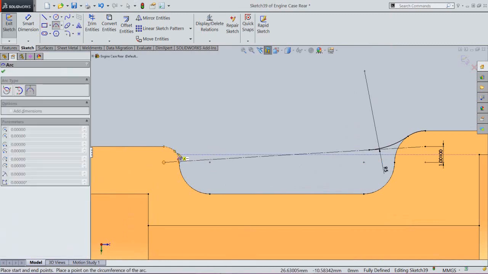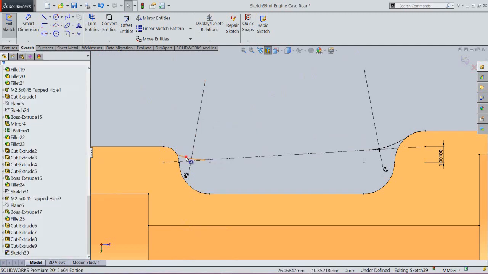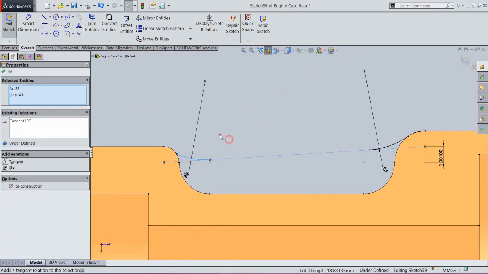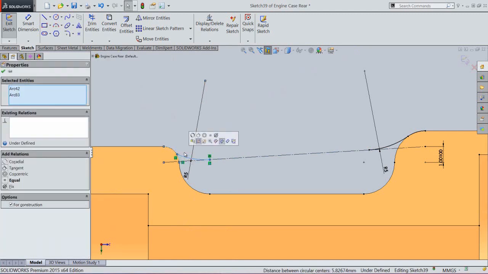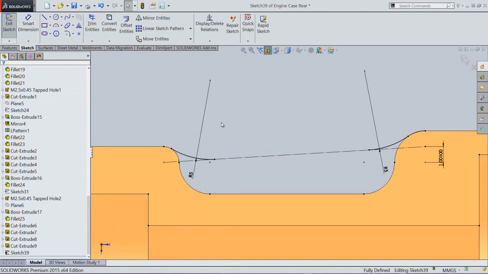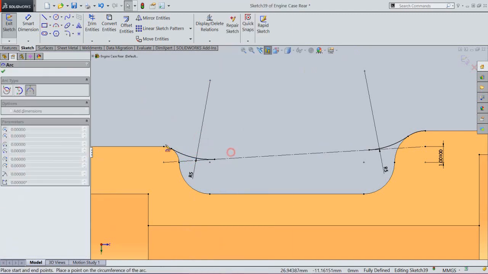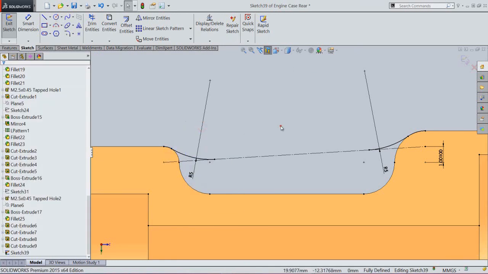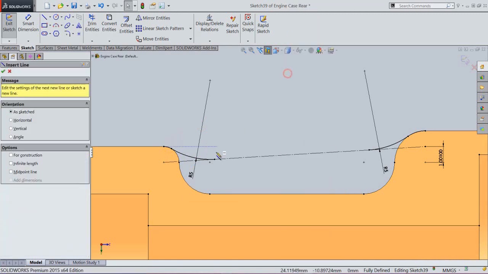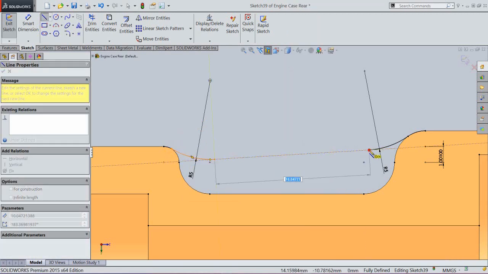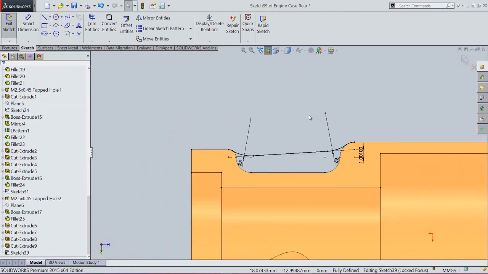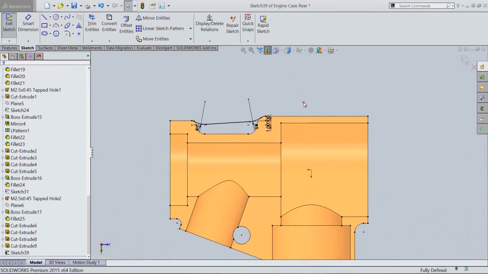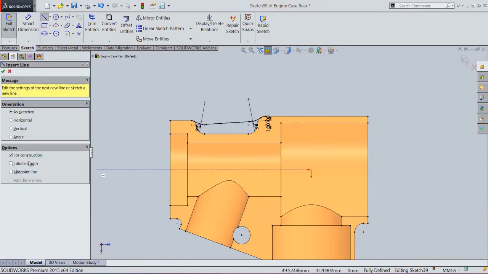Now we will create another 3-point arc, something like this. Create a center horizontal line.